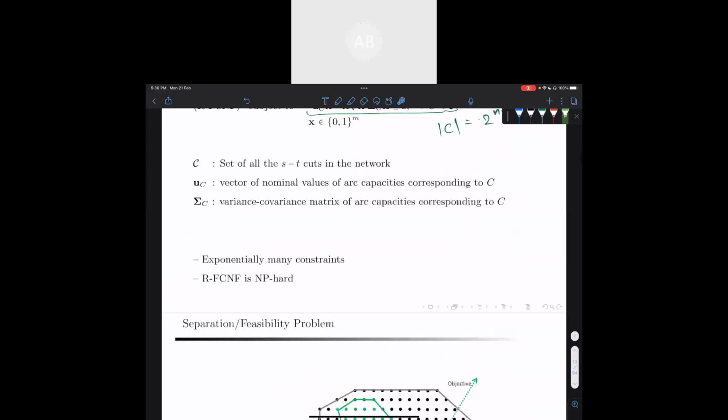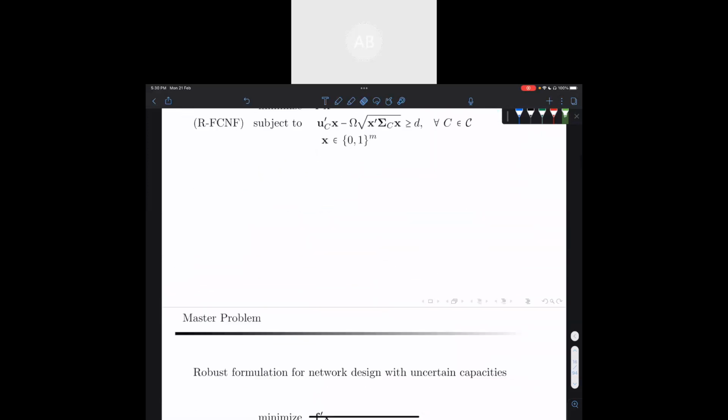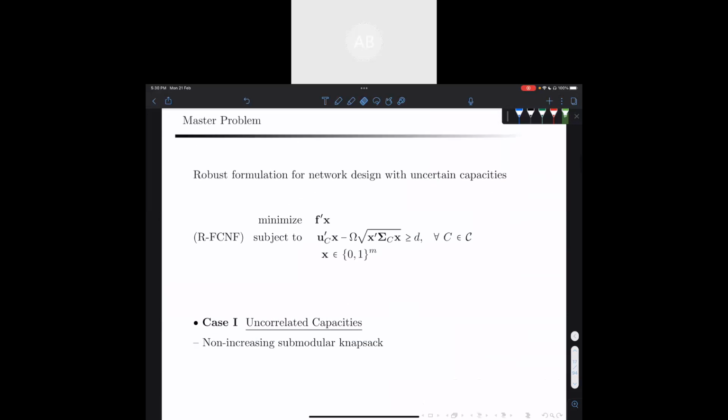Again, this separation problem is going to be tricky with respect to whether you want to study this problem with correlated capacities, where your sigma is indeed your full variance covariance matrix, or you want to study it with independent capacities, in which case sigma is just a diagonal matrix, right? So I'll try to deal with both the cases if I have time, but we'll definitely look at the case